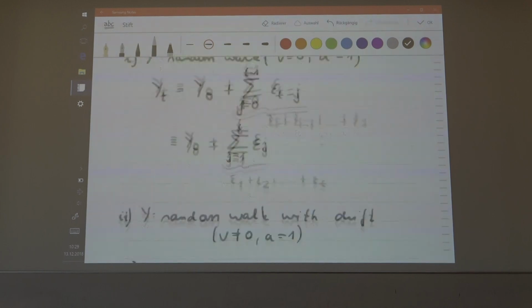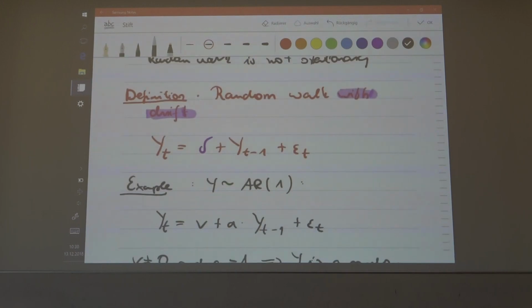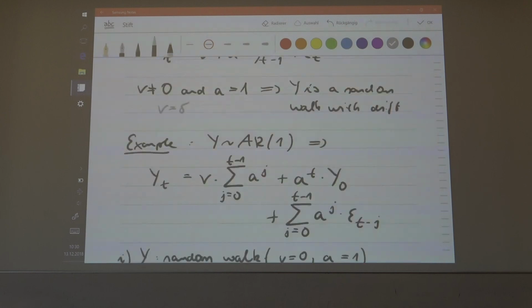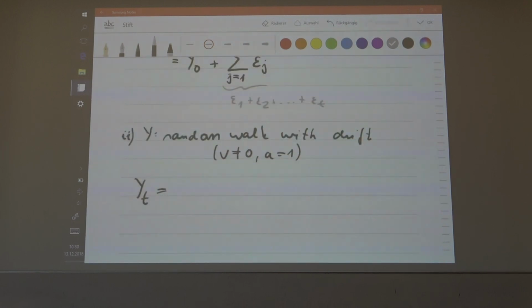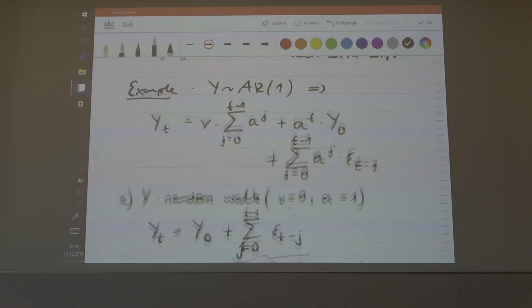Okay, so here in this case, this is not v, but this is just another constant, let's say delta. Okay, delta is not equal to 0, or basically here you would have that v is equal to delta, of course. So this is just 0, just a representation. Okay, let me just add this here, so that the constant of this previous representation should be equal to delta, so delta would be the drift here of the random walk.